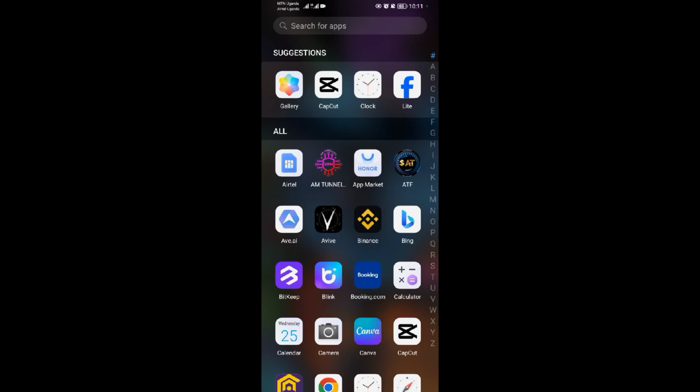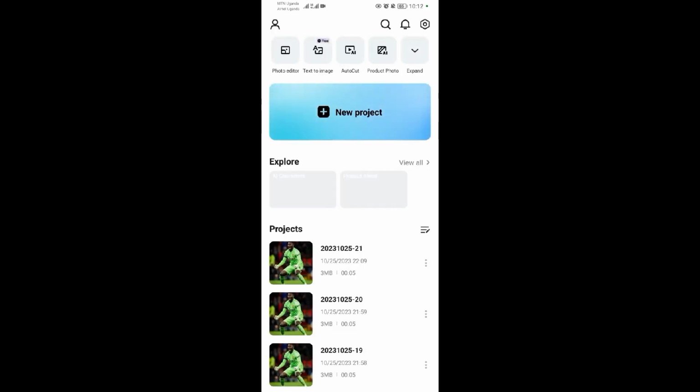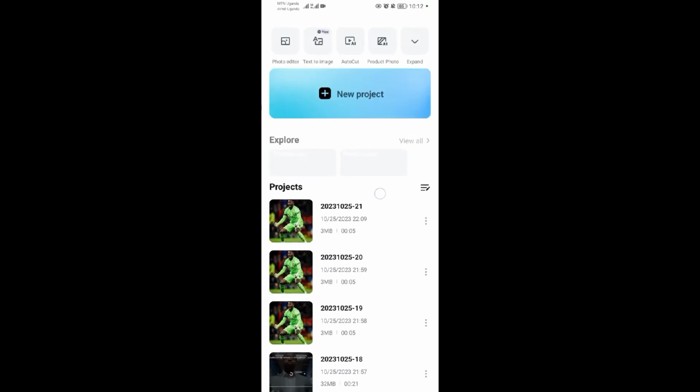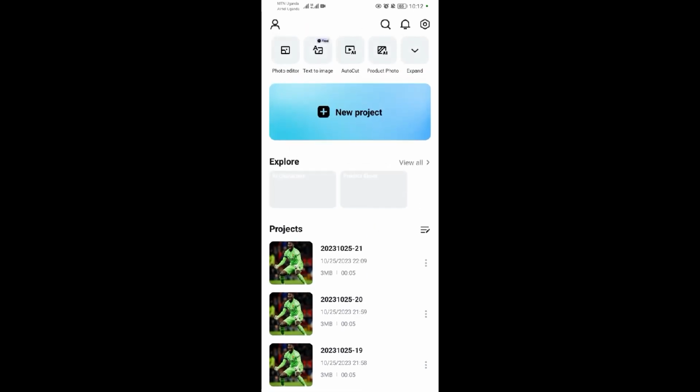First and foremost, come to your CapCut application. So it's here, mine. I'll tap on it. When you come to your CapCut application, wait for it to load. When it has finished loading, please ensure that you're on the latest version of CapCut. If you're not, you will head over to Play Store and download the